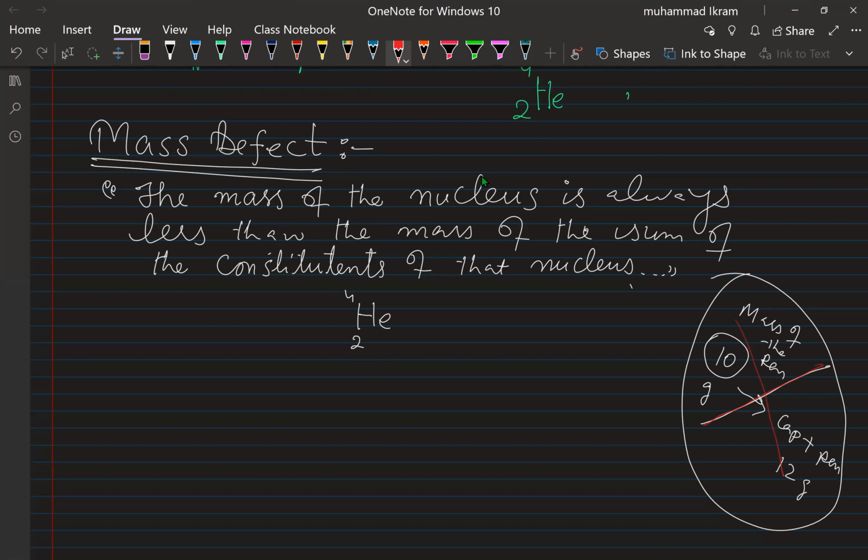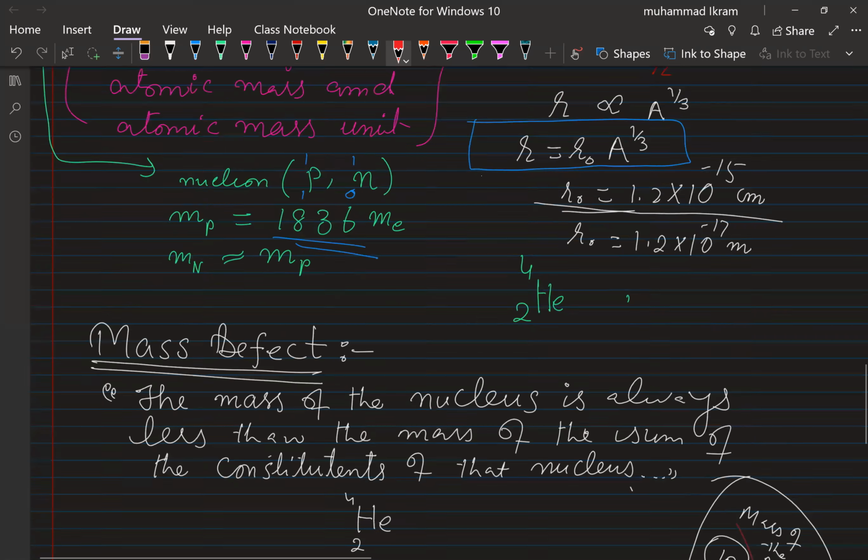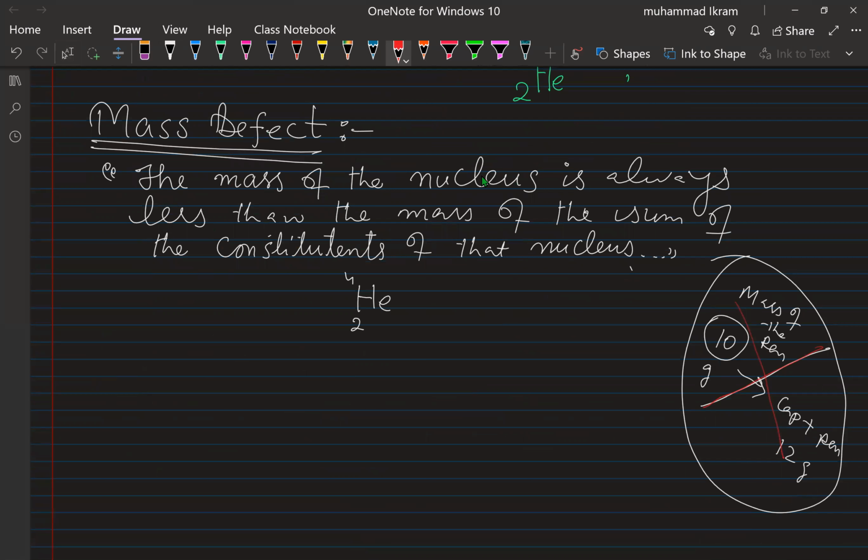According to Einstein's famous mass-energy equation, E is equal to mc squared. So that is one of the reasons. For example, here, look, the mass of the helium nucleus, I will write here, mass of the helium nucleus, the entire nucleus. Now look, how many mass particles are there? There are 2 protons, so the mass of 1 proton multiplied by 2.